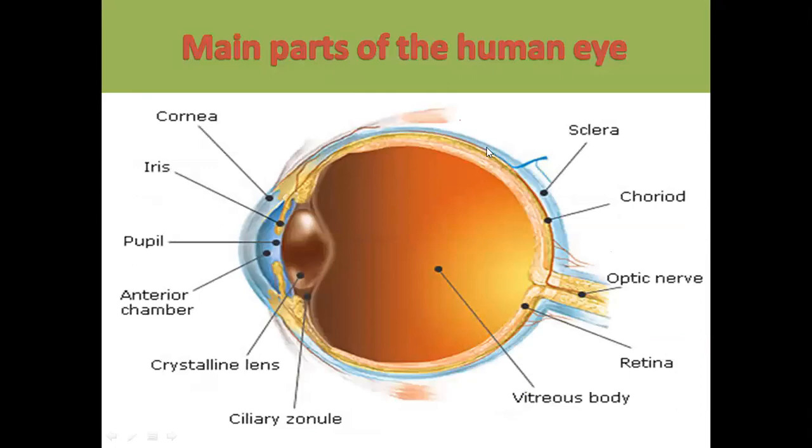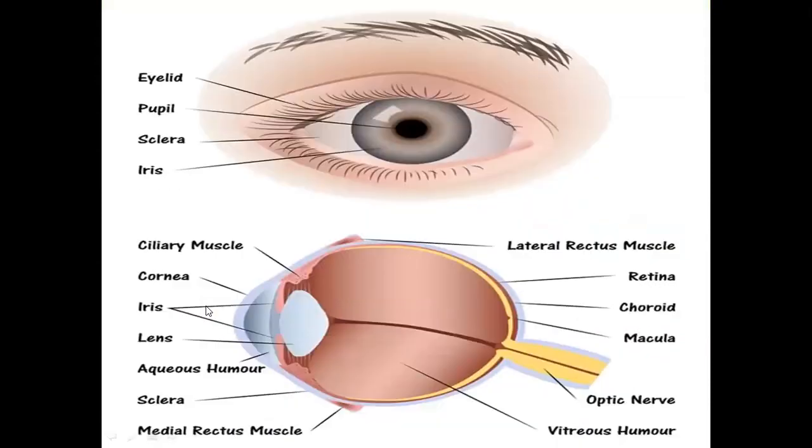So, the sclerotic layer, then you can also see the choroid layer. After that, you can see the retina, right? Then look here, the pupil. When you are looking at the eye from outside, this black part is the pupil, right? This is the white color part, which is called the sclerotic layer.